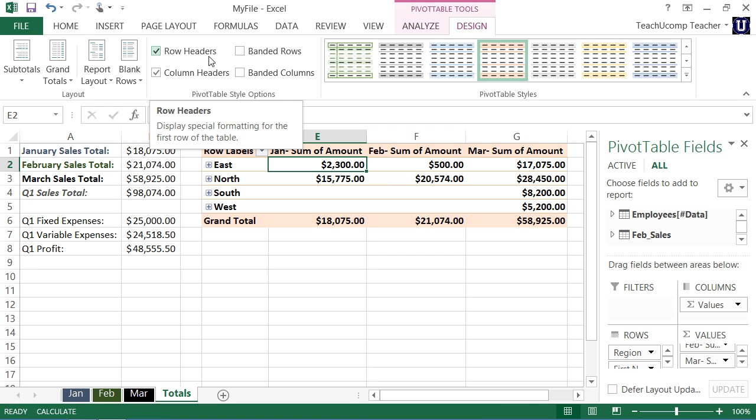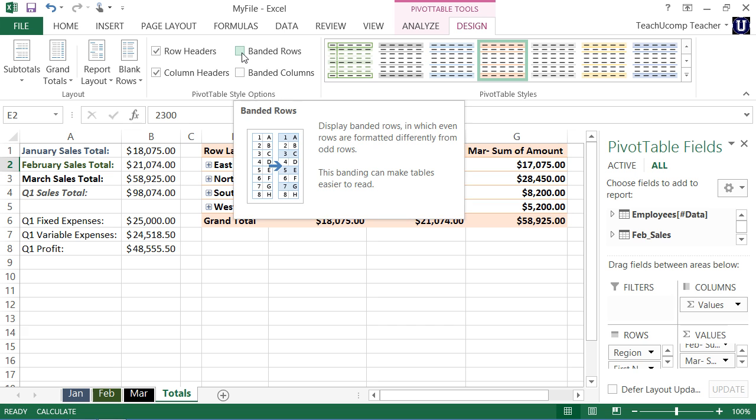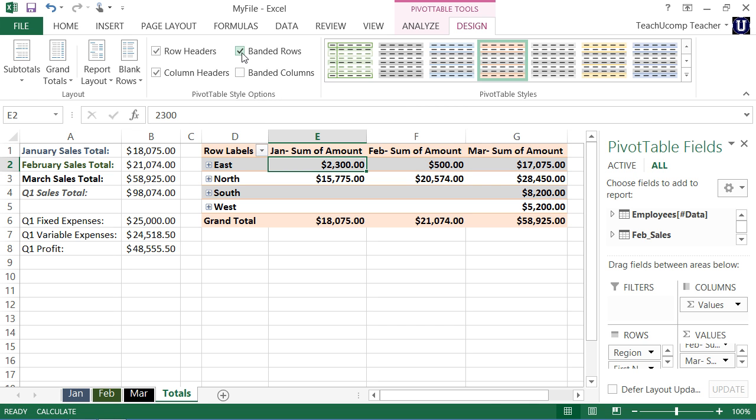You can select to apply special formatting to the row headers and column headers by checking those checkboxes. You can also apply banding to the rows or columns within the pivot table by checking the Banded Rows or Banded Columns checkboxes. You can also easily change the summarization and layout of a pivot table by using the buttons